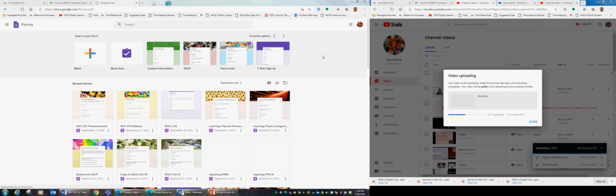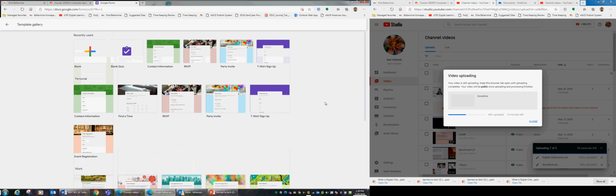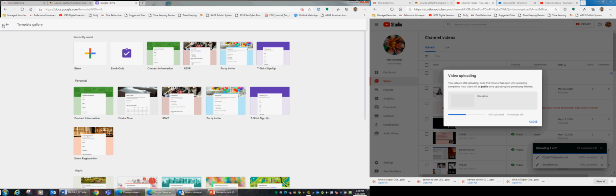Okay, teacher, this is going to show you how to use Google Forms. Of course, I've already signed up and I'm logged into Google Forms. Usually, if I'm not mistaken, your template gallery may be collapsed, where you're not seeing the template gallery. If you hit that template gallery, it will show you